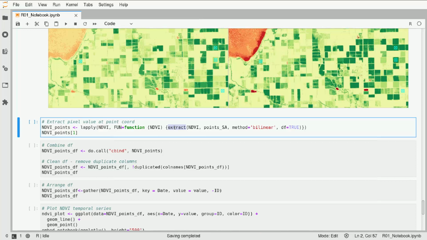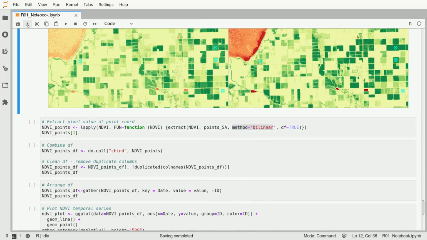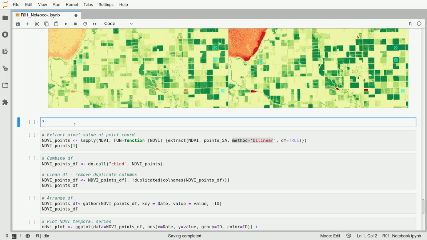The extract function from the raster package requires a raster as input, NDVI, or let's say the parameter of this function that is coming from this input here. Then a location, so where does this need to happen, at the location of these points. And then we are specifying the method, the way that the data is extracted. Again, remember, if you don't understand what method bilinear, etc. is, you can always do question mark, raster::extract,